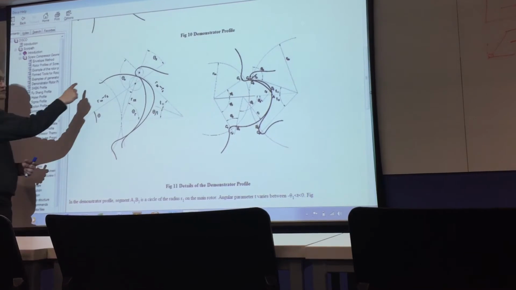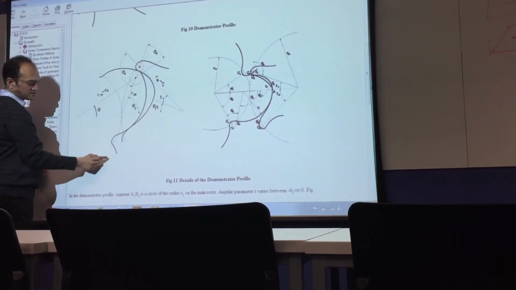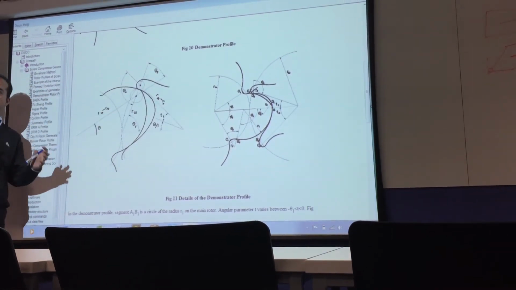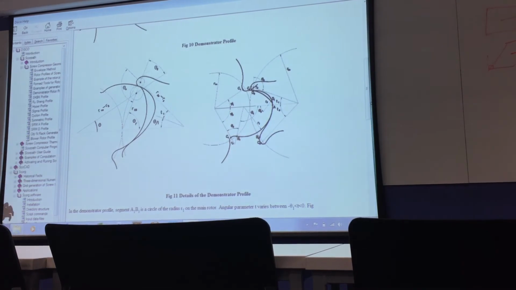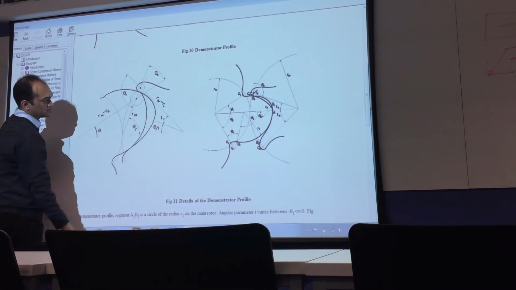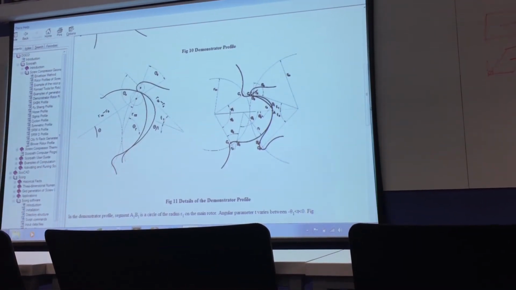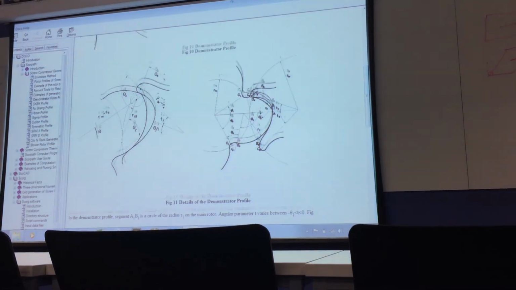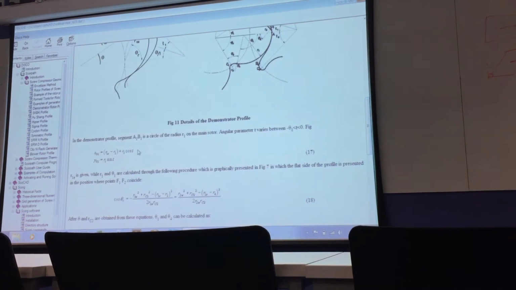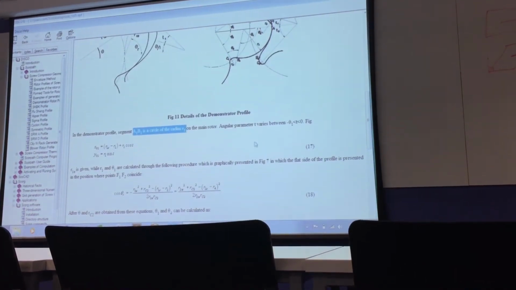We are defining the whole profile as segments of curves. Okay? At the root, there is a circle. At the tip, there is a circle, because this is a requirement from the rolling operation. And this small radius R1 is the segment A1, B1, circle of radius R1 on the main rotor.